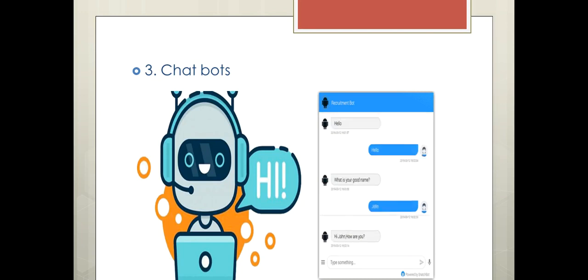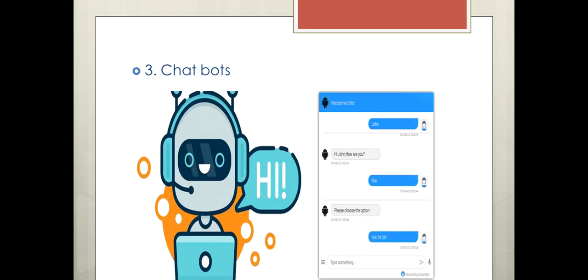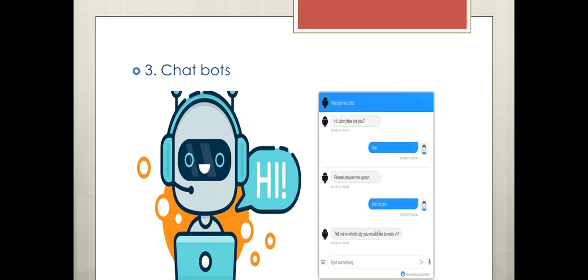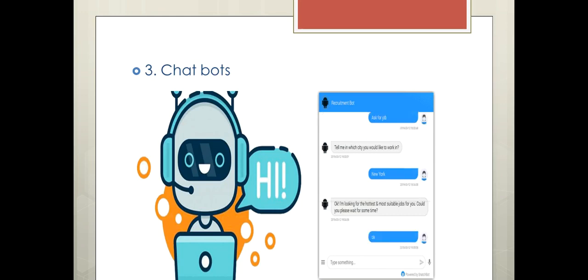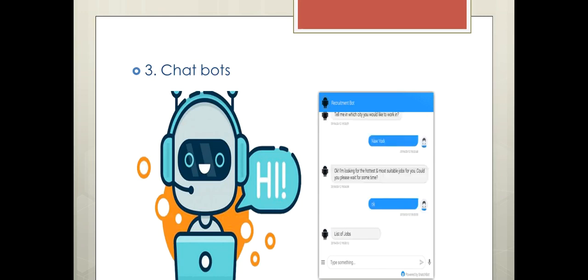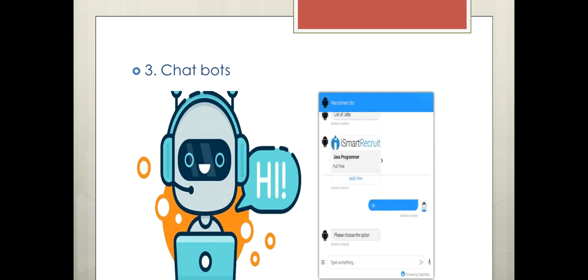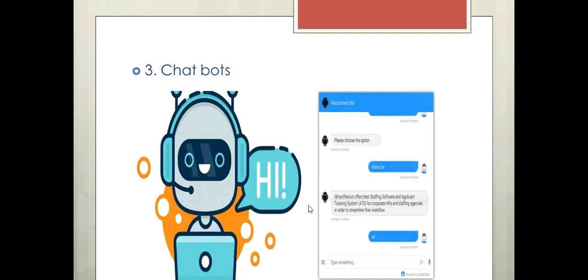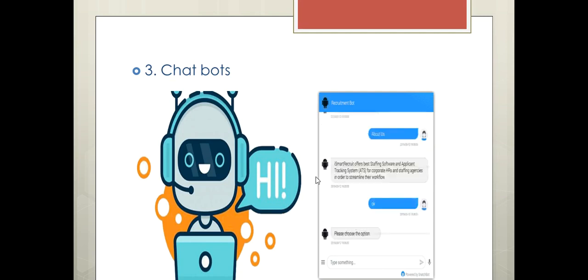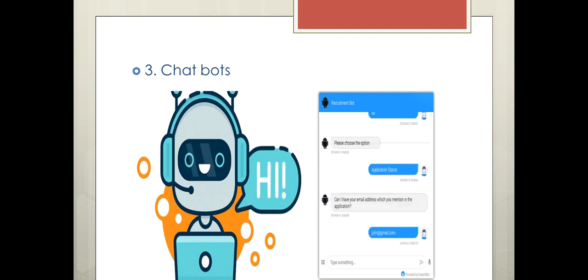Next is the chatbot. It is a very interactive way and a very good approach where NLP is used, and it provides a better opportunity for organizations to grow their sales. Like if we go to any website, if it is a job related website, it will ask us different questions, as it is asking here, like what type of training you want, or whether you want direct placement, what is the status of the application.